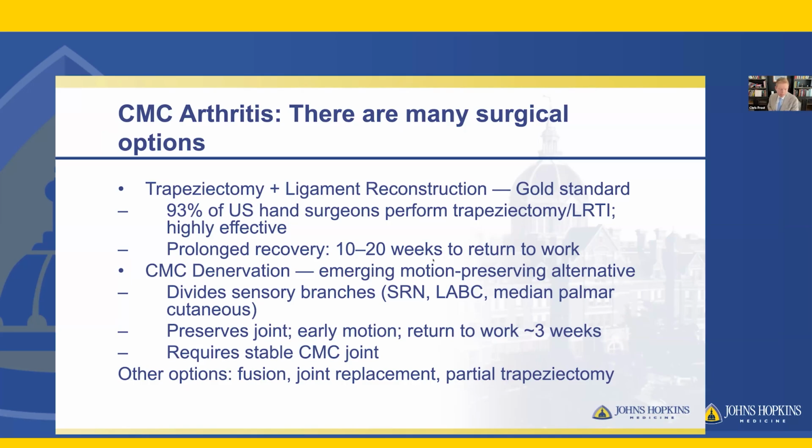And then we stabilize the thumb, typically with a tendon. A lot of times I will use something called a suspension plasty, where we use a couple of bone anchors and a special type of rope essentially to suspend the thumb. That lets me move patients a little bit more quickly after this operation. But it's a long recovery: 6 weeks in a splint, about 12 weeks of downtime, and